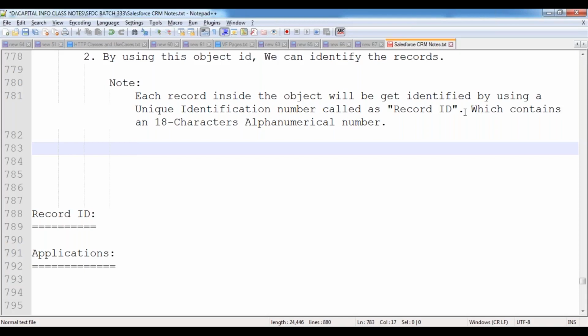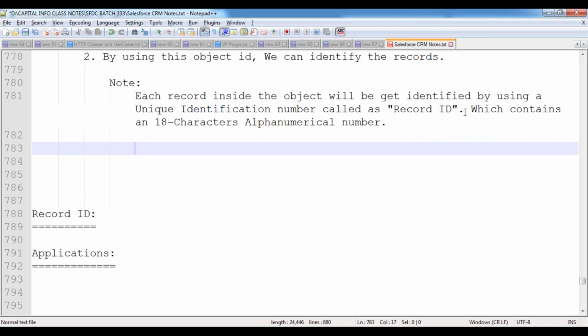Once an 18 characters number has been generated, the same number will not be repeated by Salesforce. In future, there is no chance that Salesforce will generate the same ID again.